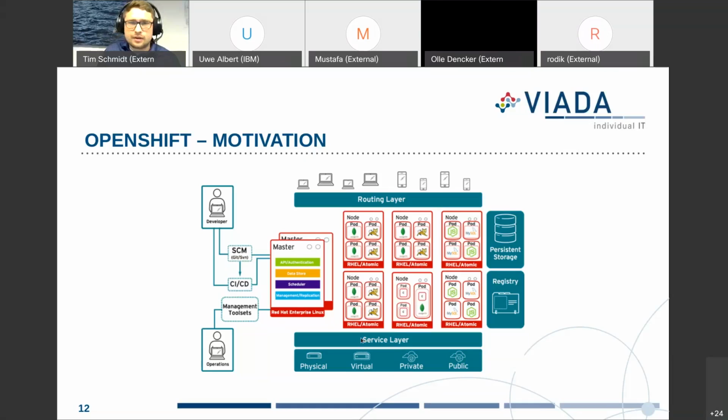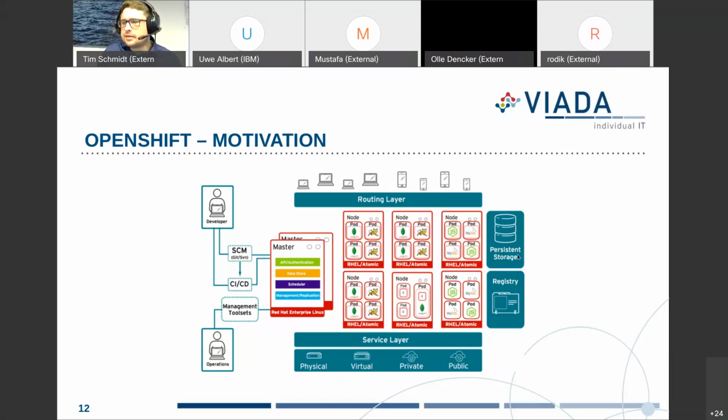You can deploy an OpenShift cluster on physical bare metal or on your virtual environment, but you can also deploy it on a private cloud if you have one, or on a public cloud like IBM or other providers for deploying your high availability